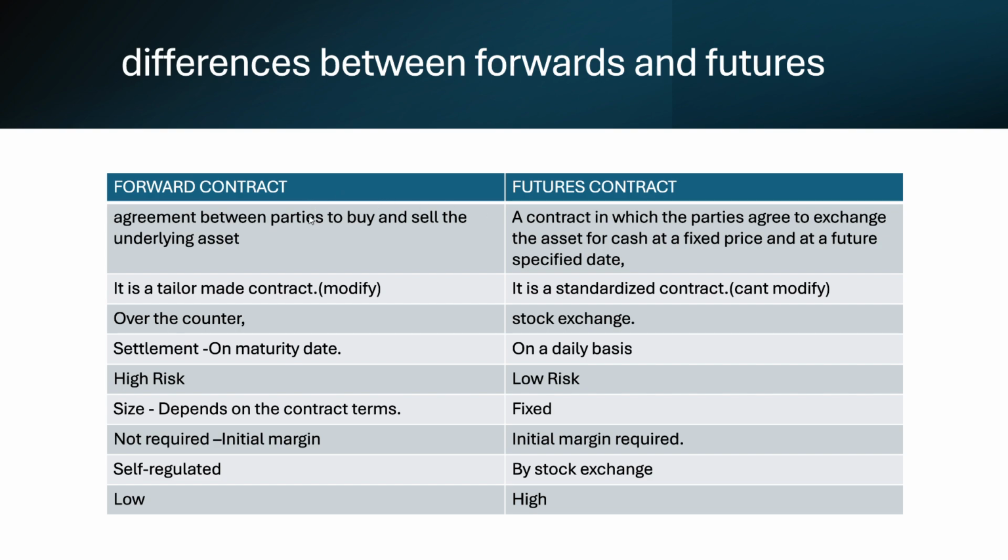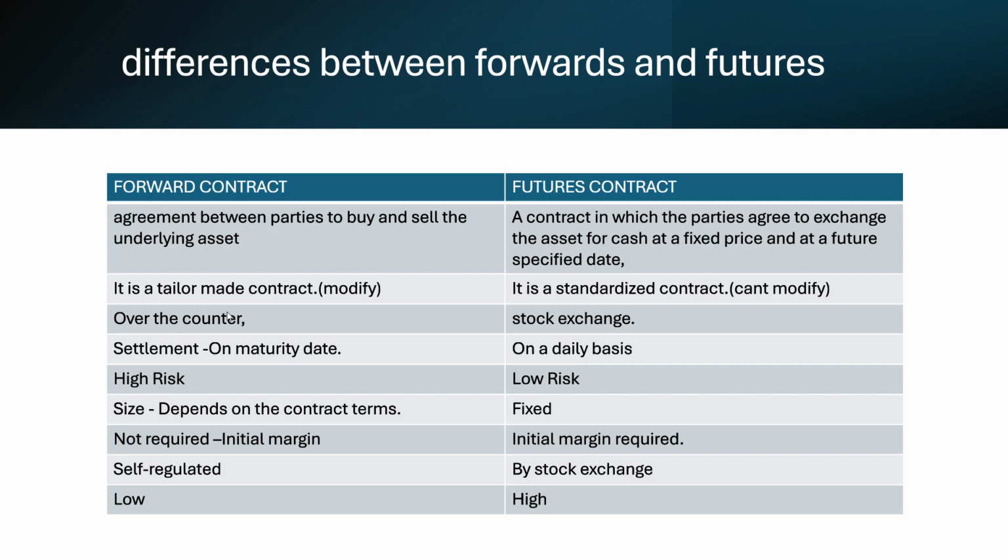So a forward contract is a tailor-made contract, so they can modify it whenever they want. Why did I mention tailor-made? Because they can alter it. Understood? What does a tailor do? They alter it. So they can modify it. But a futures contract is a standardized contract, so we cannot modify anything. Whatever is prefixed by the exchange or SEBI, only those conditions will apply,